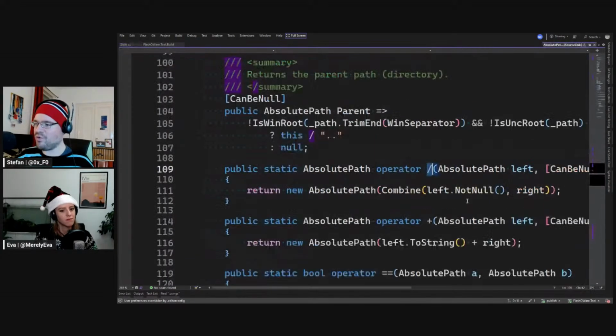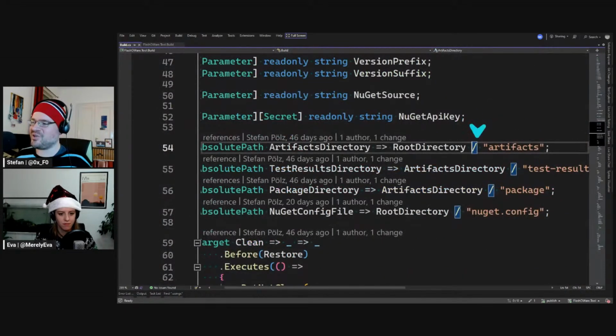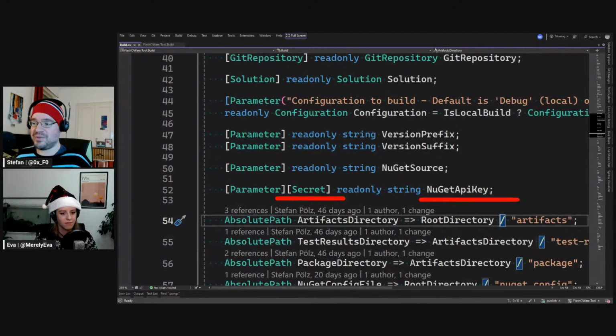But Nuke is overloading this division operator to make it look like we are concatenating a path, and it does the right thing. So if we're on Windows or on non-Windows systems, which use a different directory separator, it's doing the right thing depending on the platform. And we also have some secrets, like our NuGet API key that we use to hopefully publish our package to NuGet.org,